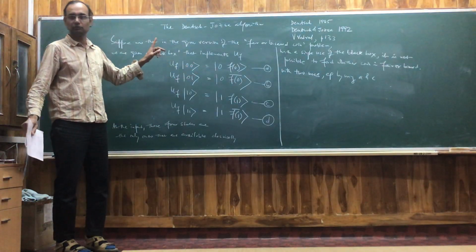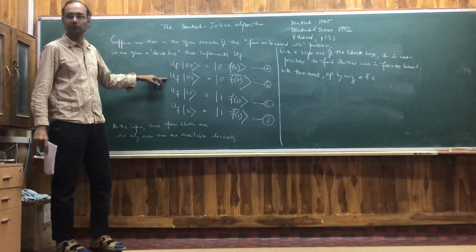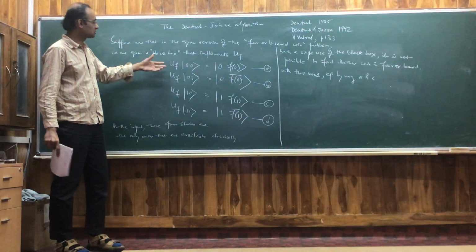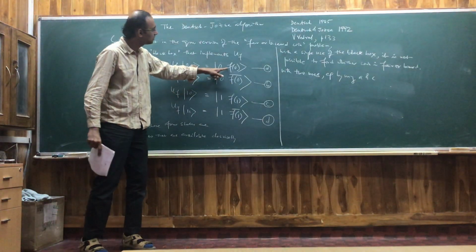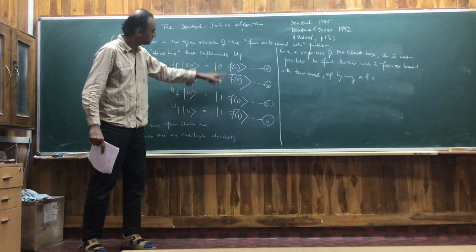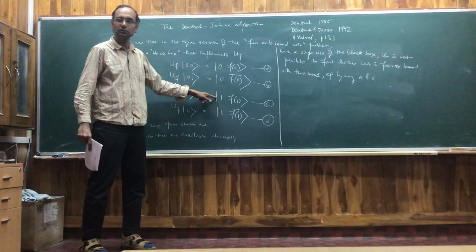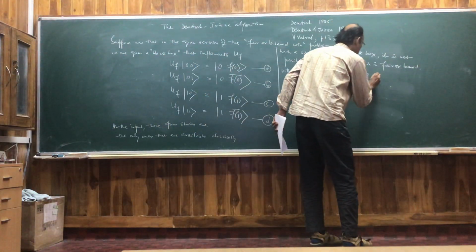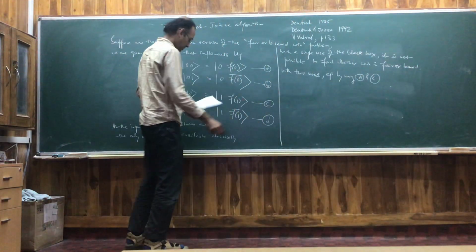Not any two lines, I have to choose the lines. So if you use this and this, you won't be able to find out because they are the same information. But you choose the options in the usual way, so this and this or this and this will work. There are many options. So for example, using A and C, you will be able to find